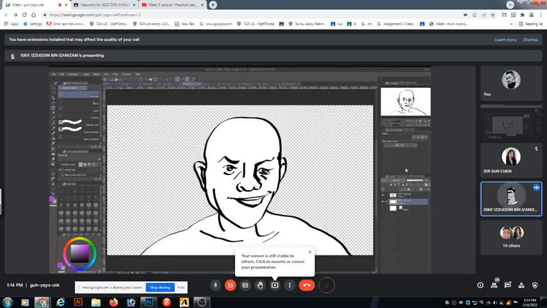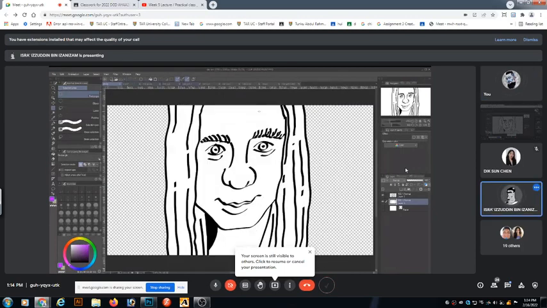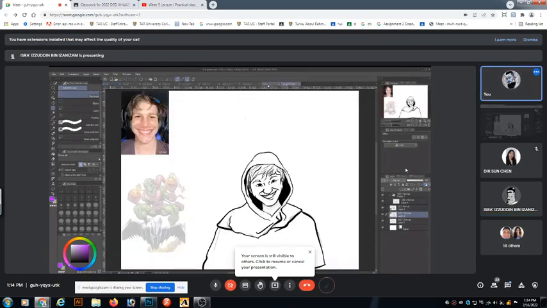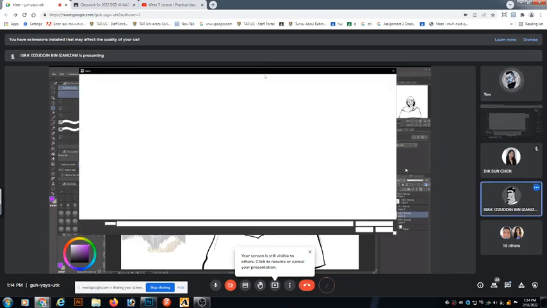This is when I first started figuring out how to use the program, just doing their faces. This is when you did this kind of exercise, right? I think this one was from the middle of 2020. Okay, how about the latest one right now? This is also my friend. Okay, why don't you draw your own face right now?